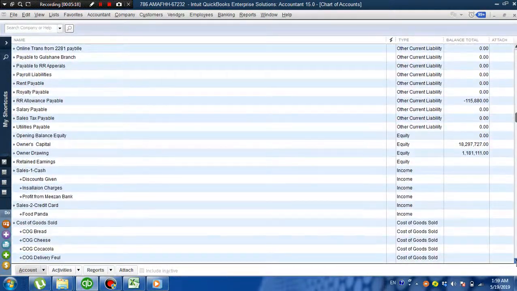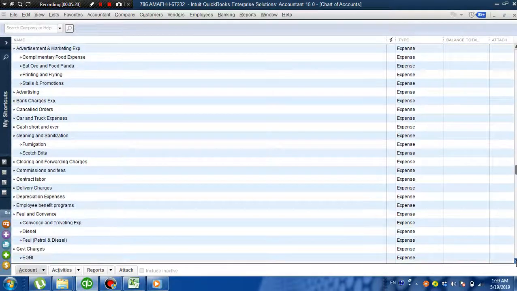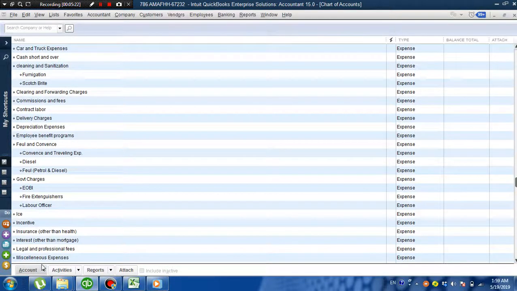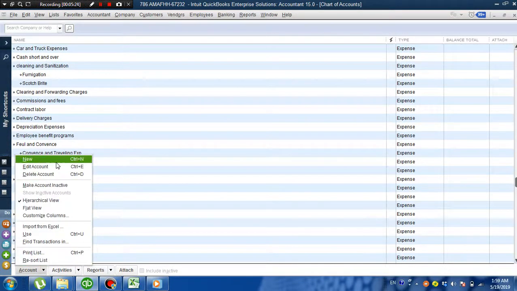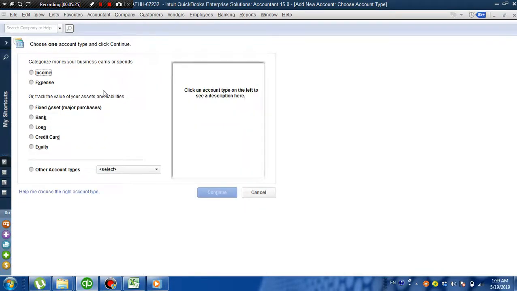Look at this long list of chart of accounts. To make a new item in the chart of accounts, you select from here. If the new account you are going to make is an income account, you select this and then click continue. If it is an expense account, you do this and continue.